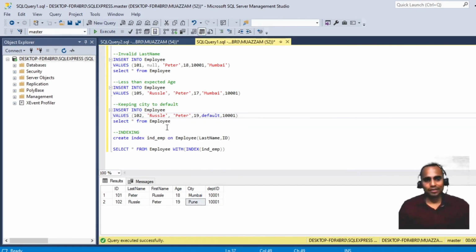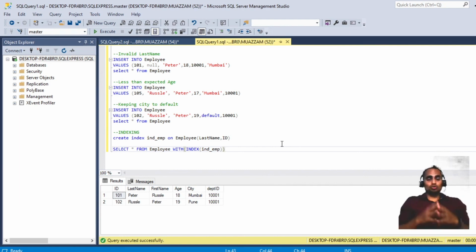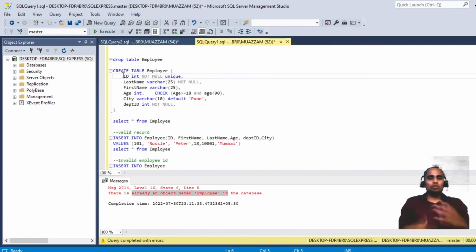Next thing is indexing. It is used for speeding up the process. That's all for today. In the next tutorial we will be discussing alteration, how to alter the table. All these things we will be learning in the next tutorial, and till then you can practice these things